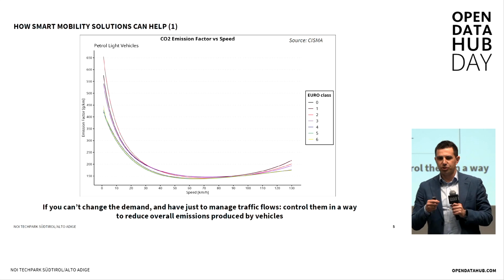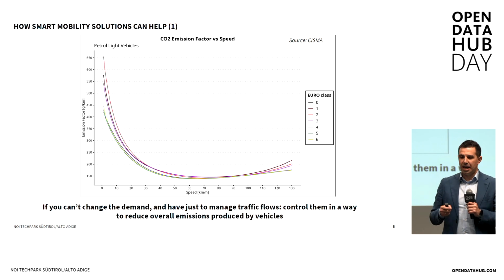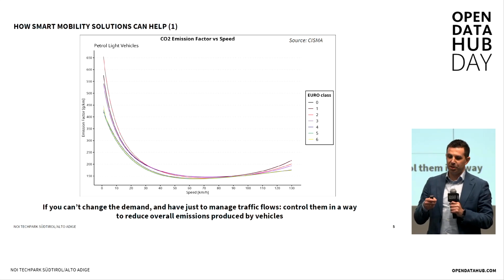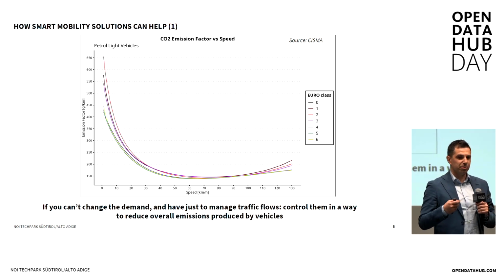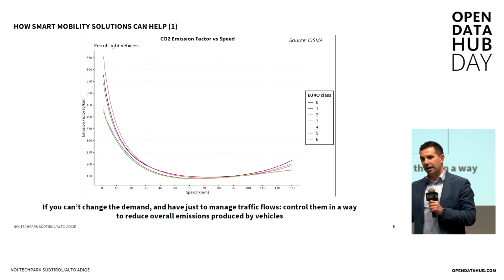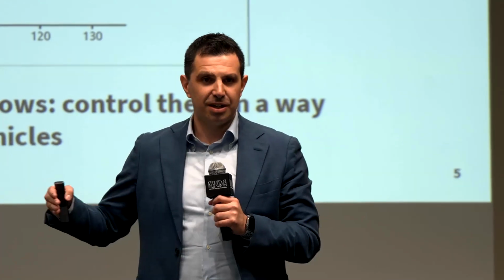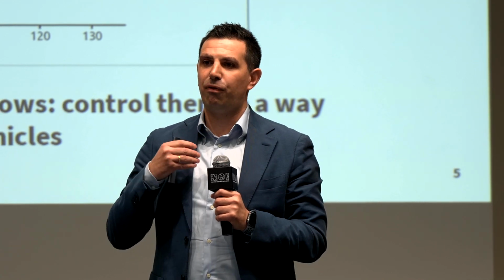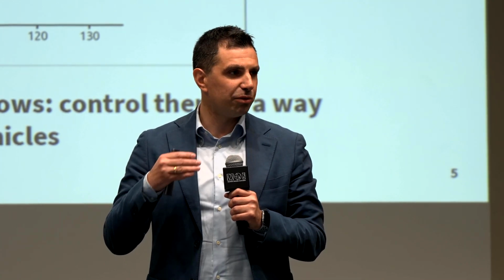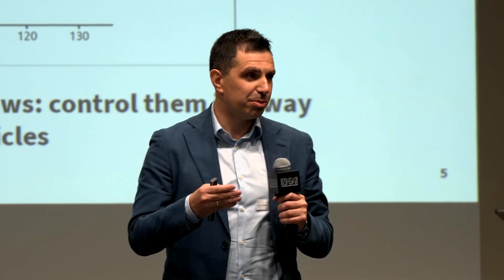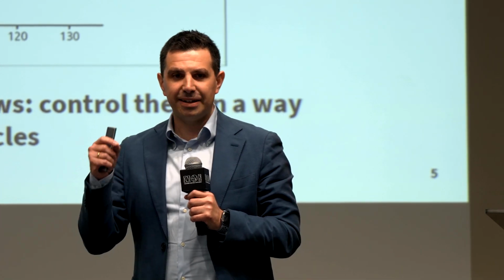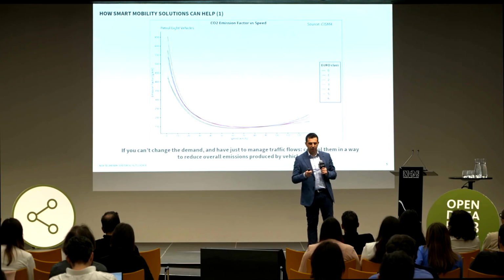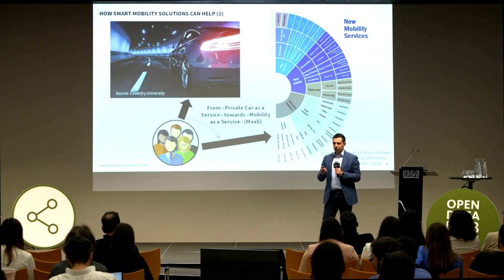This picture shows how the emissions produced by vehicles vary depending on the speed. You can see here that the amount of emissions dramatically increases when the cars are in traffic jams, so when they have a very low speed. We also have issues when they drive too fast. Ideally, we should have fluent traffic without congestion, without traffic jams, and of course without accidents, because they are also a cause. And ideally, they should all drive at an ideal speed where the emissions are lowered to the minimum. This could be something.